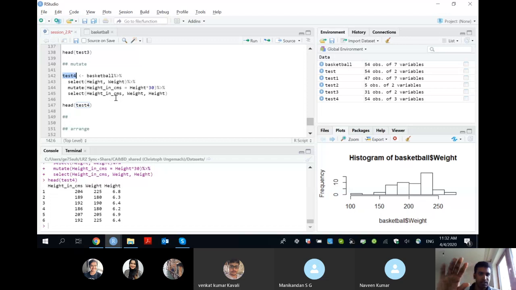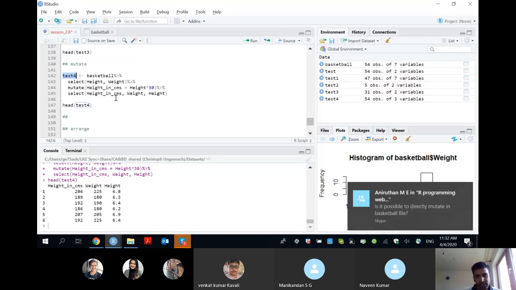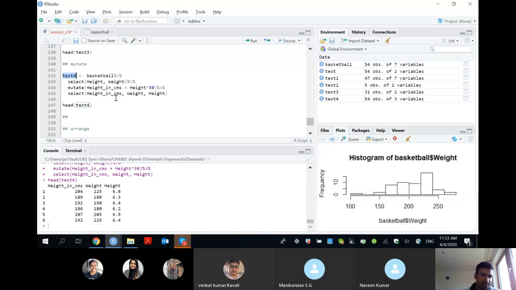The basketball data set is already there, and you are not doing anything in the main data file, you are creating subsets of the data file. The dplyr package normally works in such a way that it does not manipulate much in your main file. If you want to manipulate your main file,